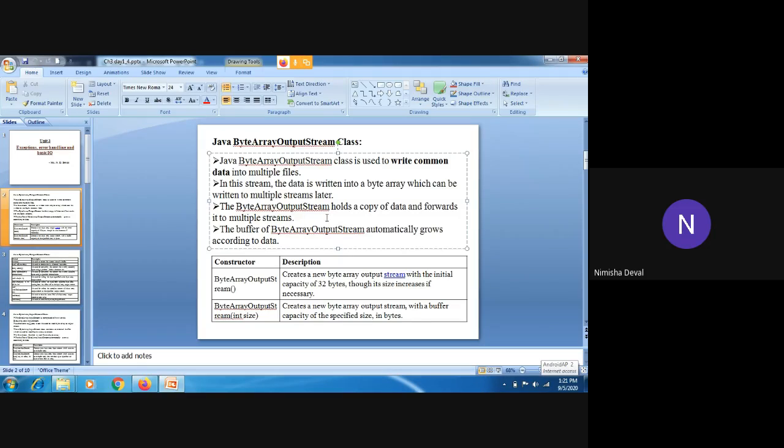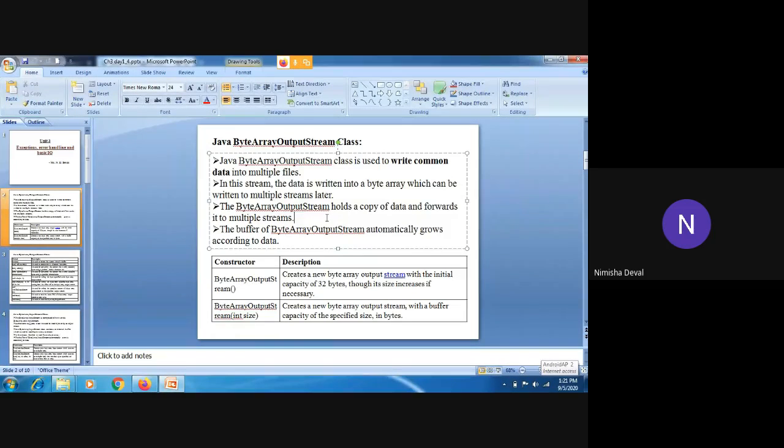At that time, we can write the common output to multiple files. Let's suppose we have 10 files and we want to save that output into all 10 files, then we can do it with the help of a byte array output stream.